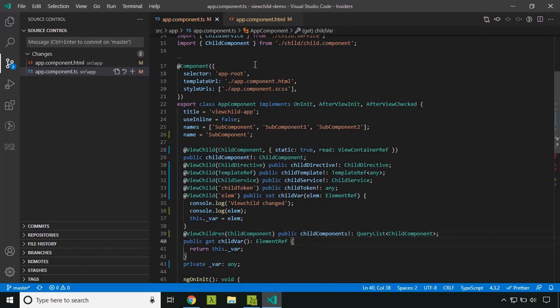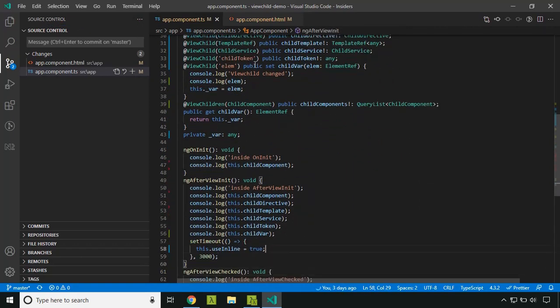So this is the syntax for giving a ViewChildren. Now let's see how we can access the value.